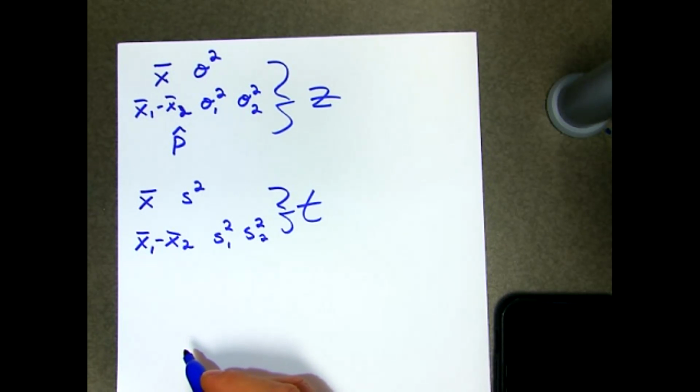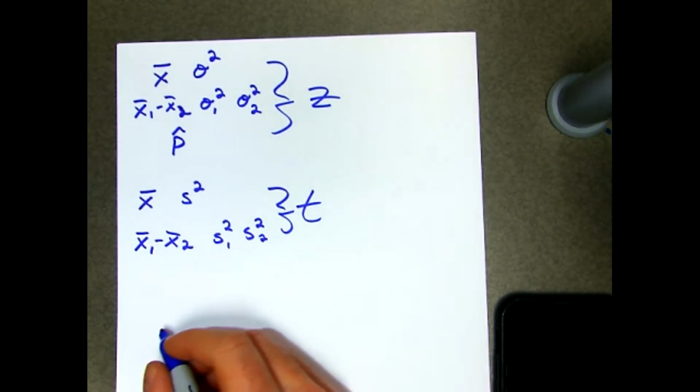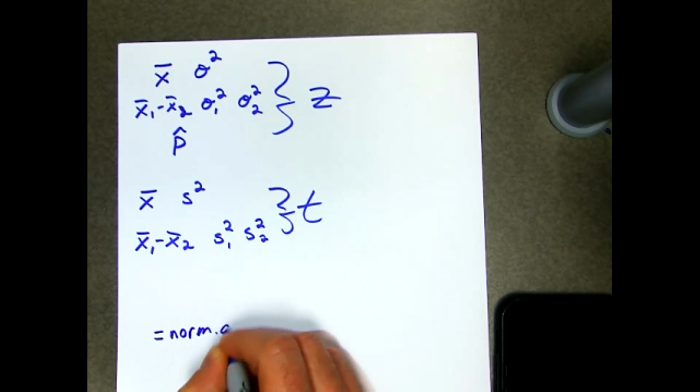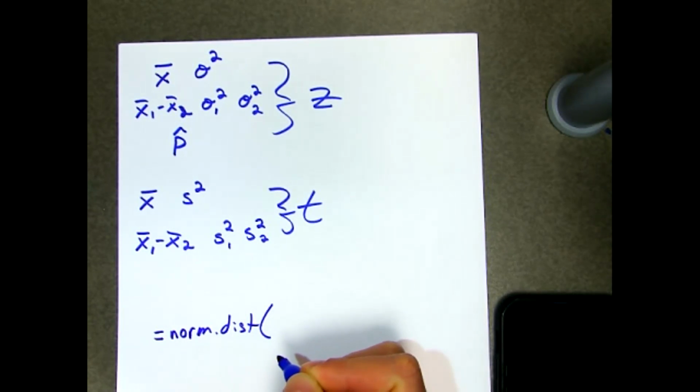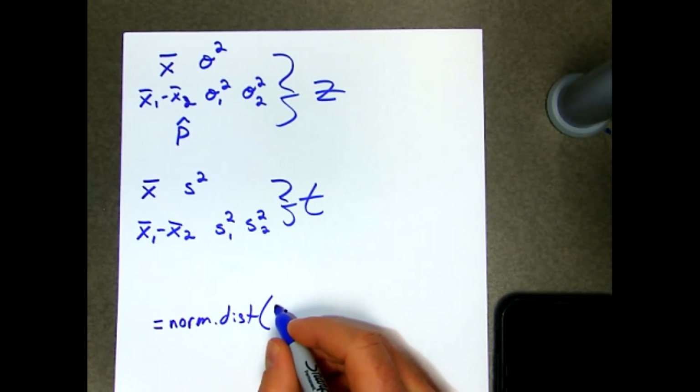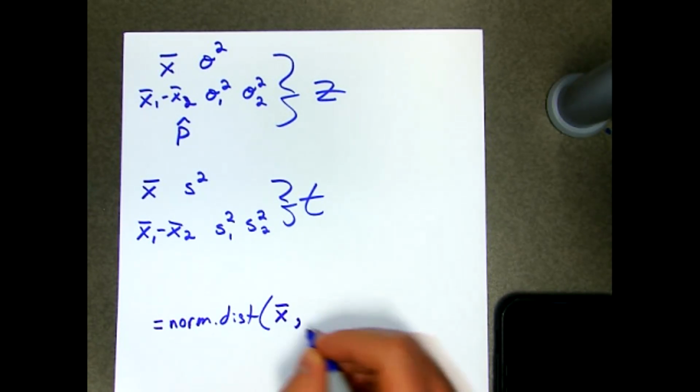It calculated the z-score and then looked it up, but did it behind the scenes. So when we're doing this, I could use norm.dist and tell it the sample mean that I found,